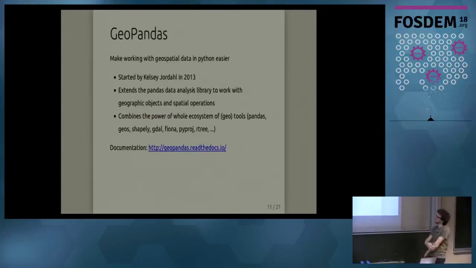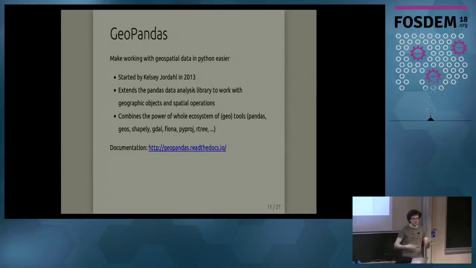It was started by Kelsey Jordahl already a few years ago. And it's not only Pandas and Shapely that it builds upon, it also builds upon many of the other libraries, for example Fiona and GDAL for the input-output, PyProj for reprojections, Rtree for spatial indexing,